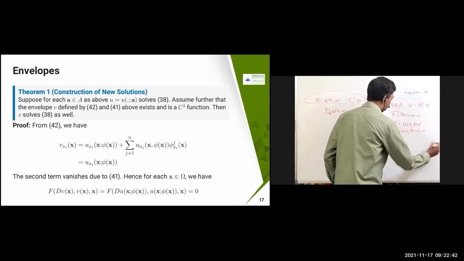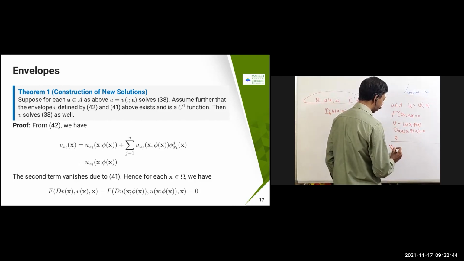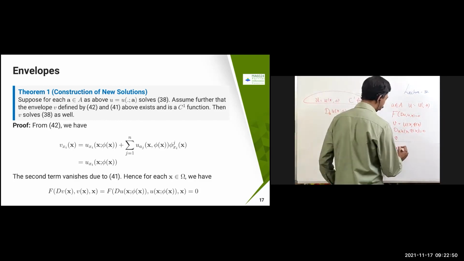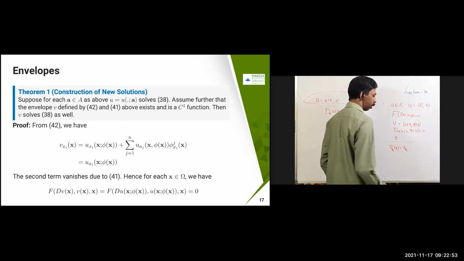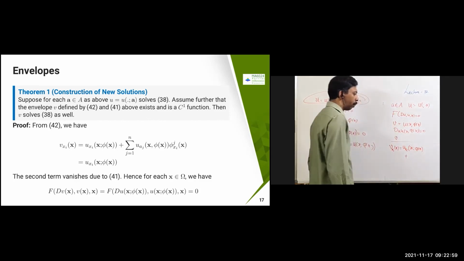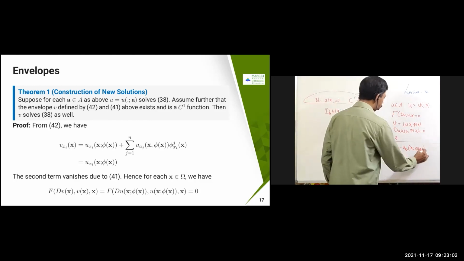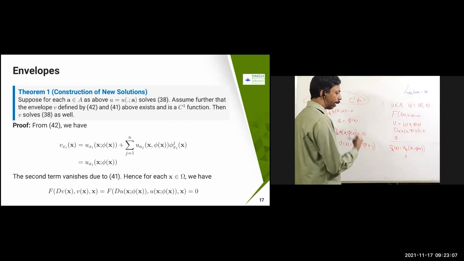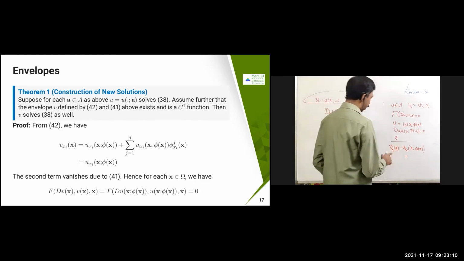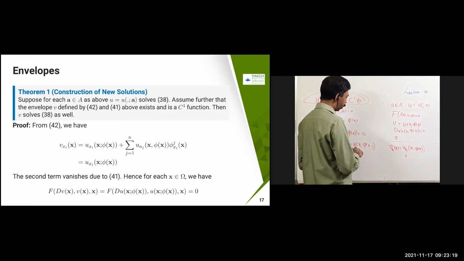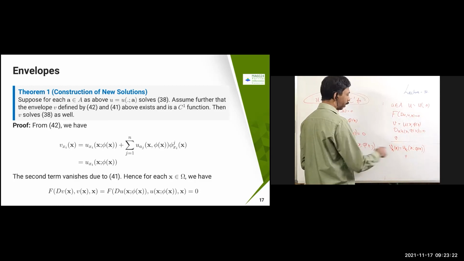So let us calculate v_xi(x). This is my v, therefore this is going to become u_xi(x, π(x)) plus, here π(x) is nothing but a equal to π(x). Therefore we have to differentiate with respect to a also, because there are two things here: one is x, another is π(x). Therefore you have to use the chain rule. First I differentiate with respect to x, therefore u_xi times π(x) is going to come.